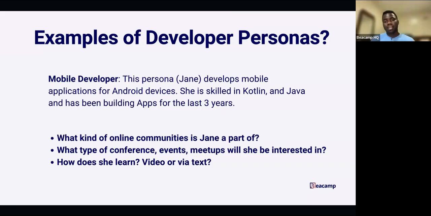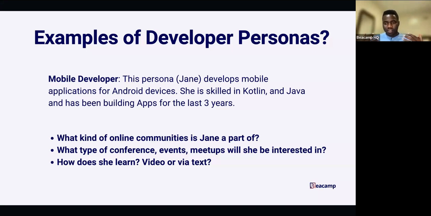So most companies are shying away from video because it's expensive and hard to edit. Startups are trying to find new things to do. But videos are very good, because most people go to YouTube, they search, and they find videos and they learn. Text is also good. So whatever you decide, think about the user persona. How does Jane want to learn? How does she want to get knowledge?